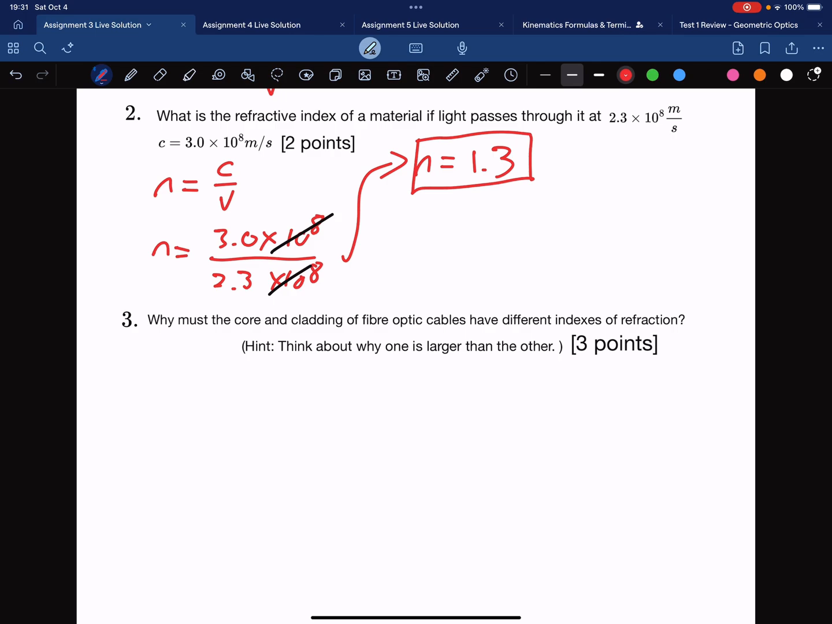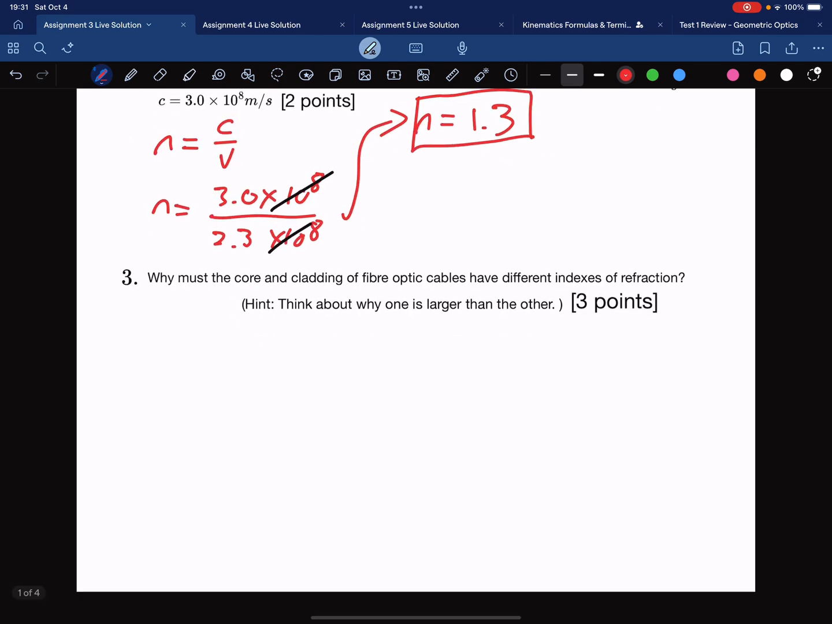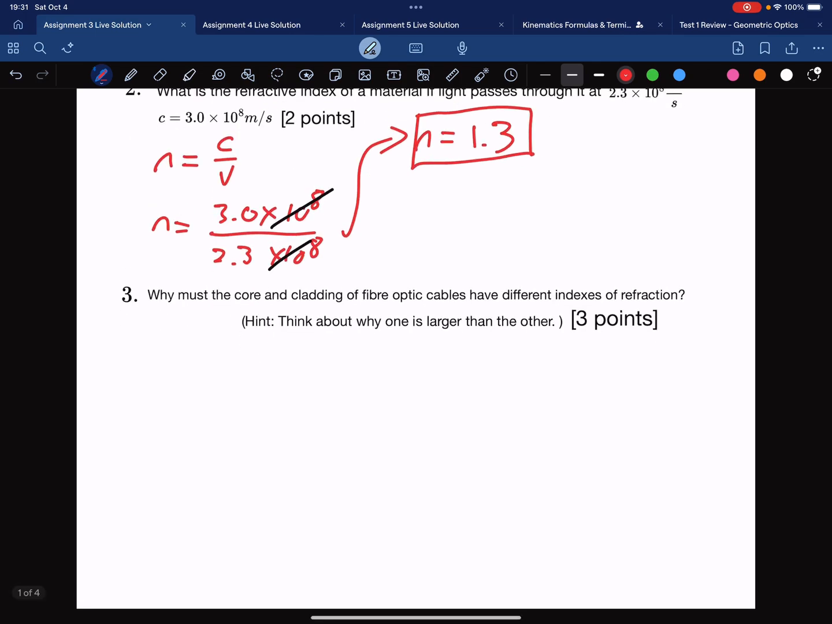For question 3 here. Why must the core and cladding of fiber optic cables have different indexes of refraction? The hint here was to think about why one was larger than the other specifically. I was looking for a couple of things here. The main thing I was looking for was that they must be different